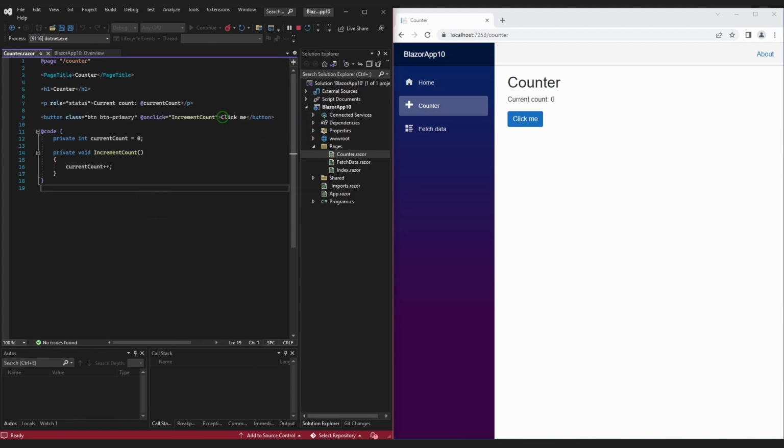A Razor page is made up of HTML tags, which are used to display images, text, tables, links to other pages, etc. on your page. CSS, which is used to style your page, specify the font, add colors, things like that. And then there's C# code, which is used to add functionality and interactivity to the page.